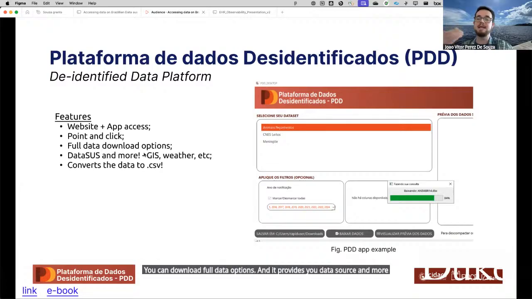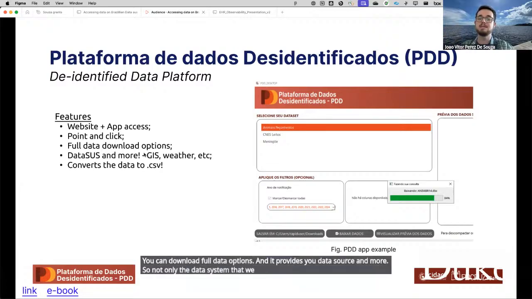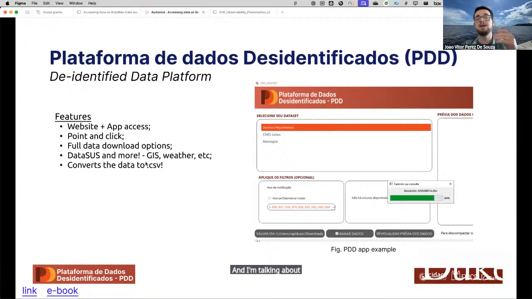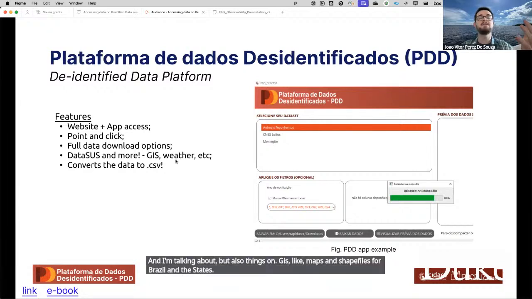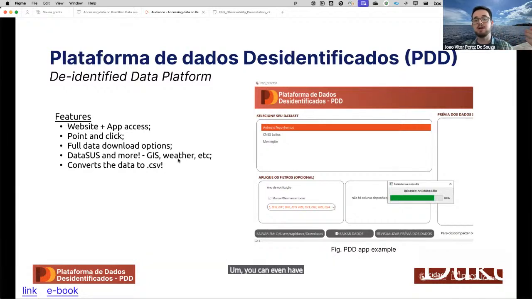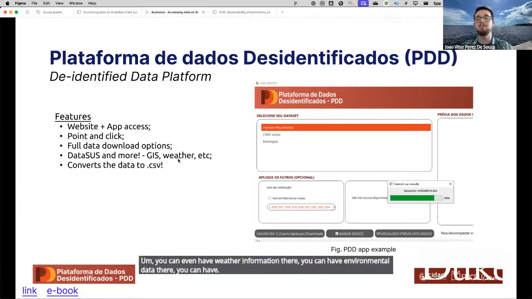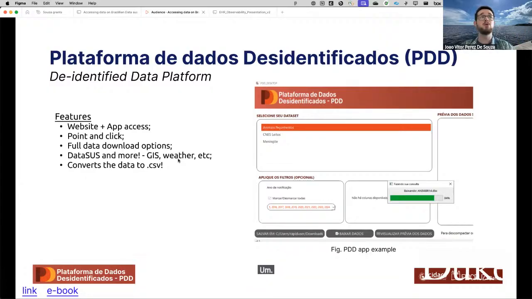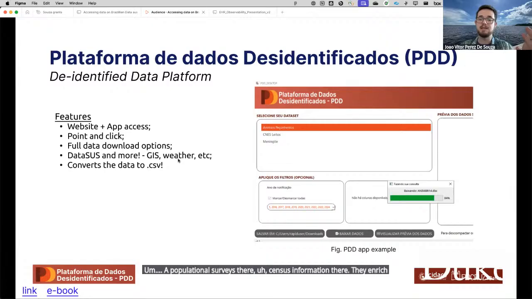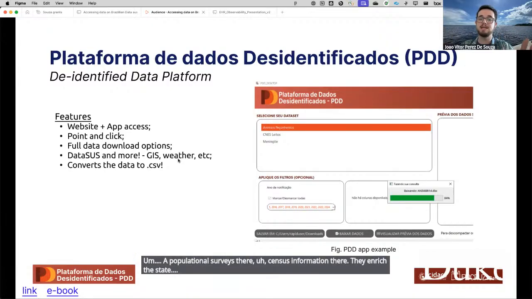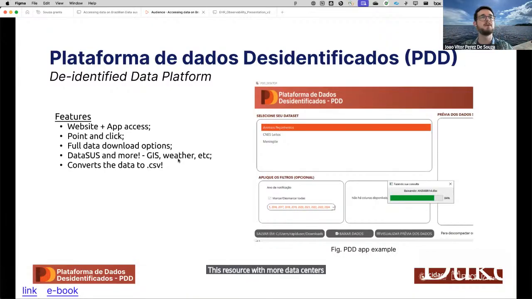So not only the data systems that I'm talking about, but also things on GIS, like maps and shape files for Brazil and the States. You can even have weather information there. You can have environmental data there. You can have populational surveys there, census information there. They enrich this resource with more data sets as well.